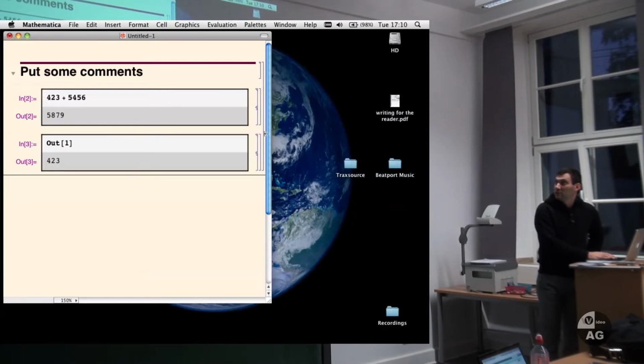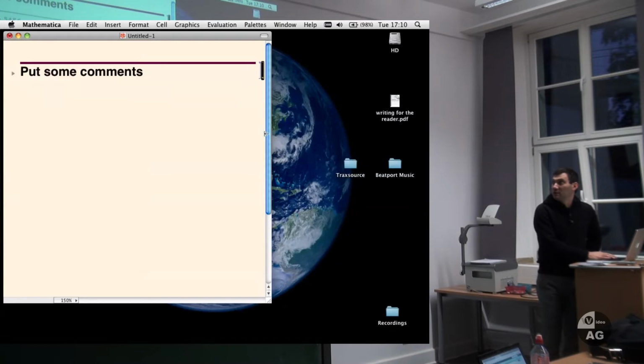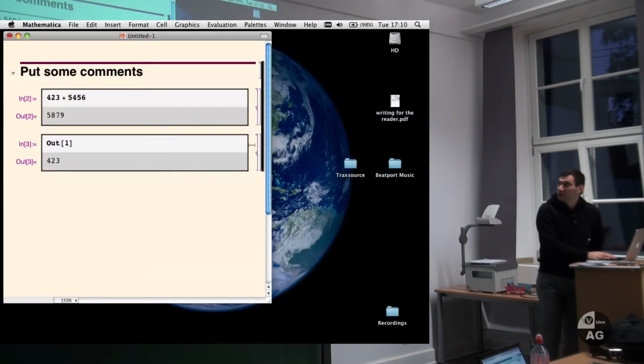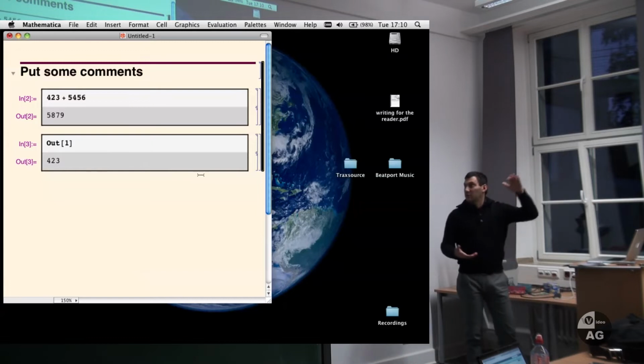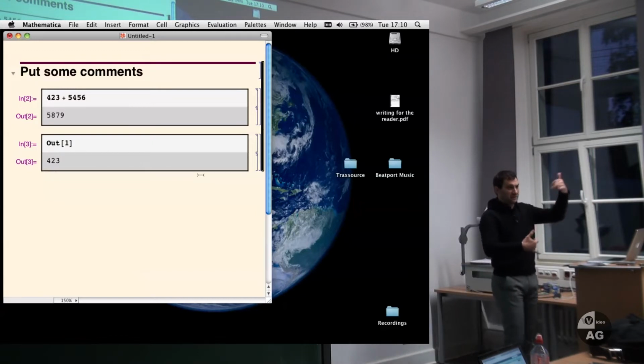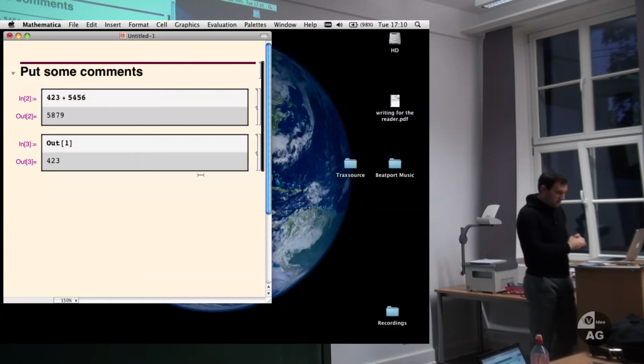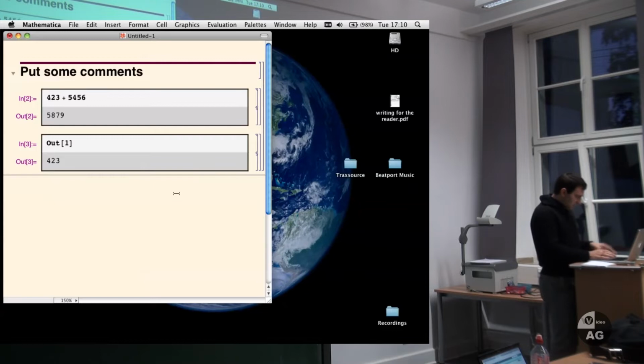All right, and now you see that we have 3 groups of cells, and there is a big cell that contains everything. So that's what I was saying. I can group them, close them, collapse them, expand them, and so on. This is important when you write programs so that you can have a nested hierarchical structure, and you can collapse and expand whatever you want. All right, so much for the beginning. Just to give you an idea,